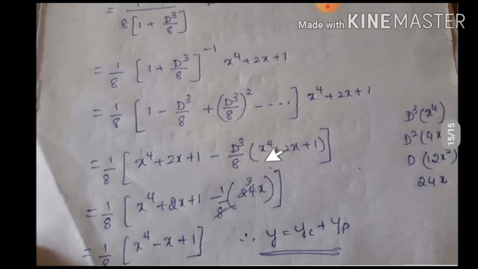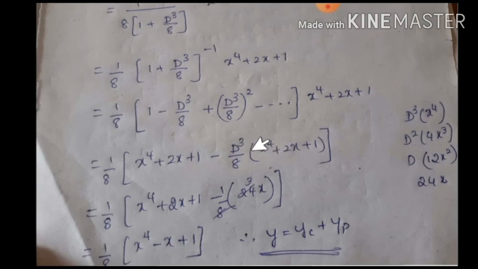Now here, 3 times the derivative of a constant is 0. 3 times the derivative of 2x is 0, because the power of x is less than the power of D. So the derivative of that becomes 0. Till equal it will be same. If the power of x is less than the power of D, the derivative of that is going to be 0.